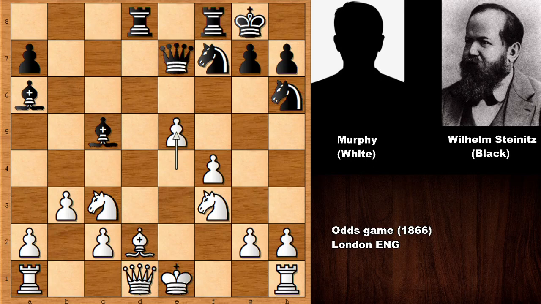Wilhelm Steinitz sacrificed his knight. F takes on e5. But what was the point? Why did he give up one of his pieces when he was a piece up? What is the point? Can you see the point? Can you see the idea